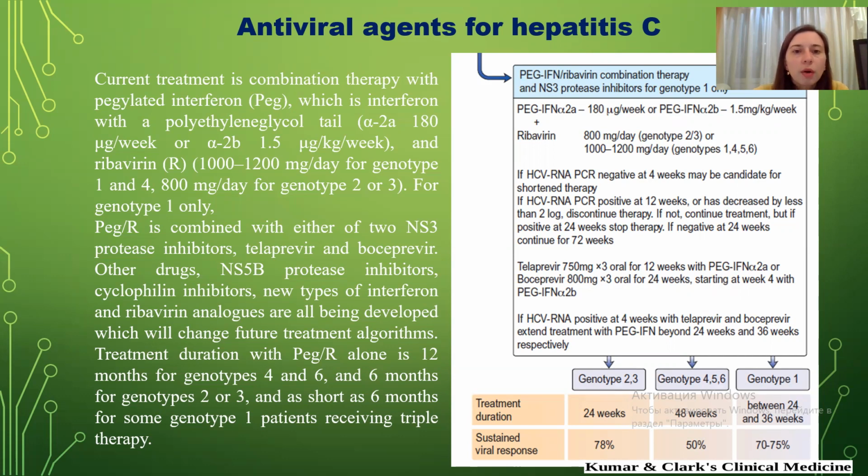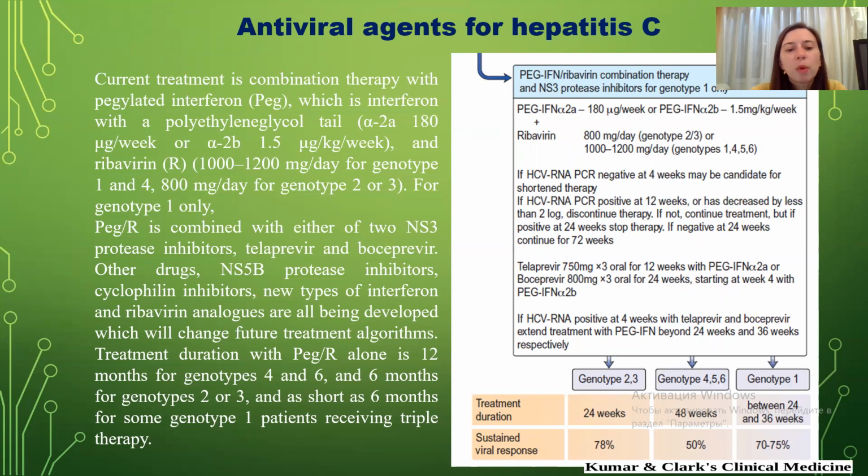Combination PEG and R is combined with other of two NS3 protease inhibitors, telaprevir and boceprevir. Other drugs, NS5B polymerase inhibitors, cyclophilin inhibitors, new types of interferon and ribavirin analogs are all being developed, which will change the treatment algorithm. Treatment duration with PEG